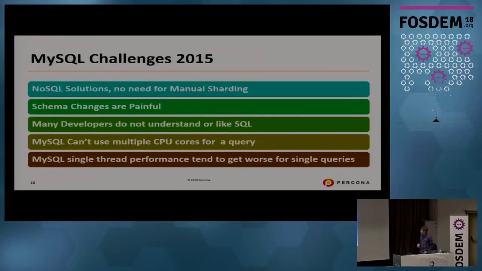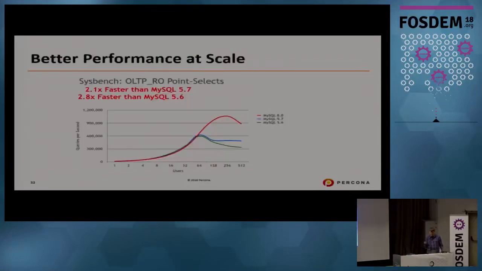Now, another challenge that we saw at that time is that MySQL single-thread performance was getting worse release after release. And remember, with CPUs not getting faster but getting wider, that was really the problem. We may not get better performance with MySQL upgrades and CPU upgrades compared to previous releases. So here are some graphs to illustrate that.